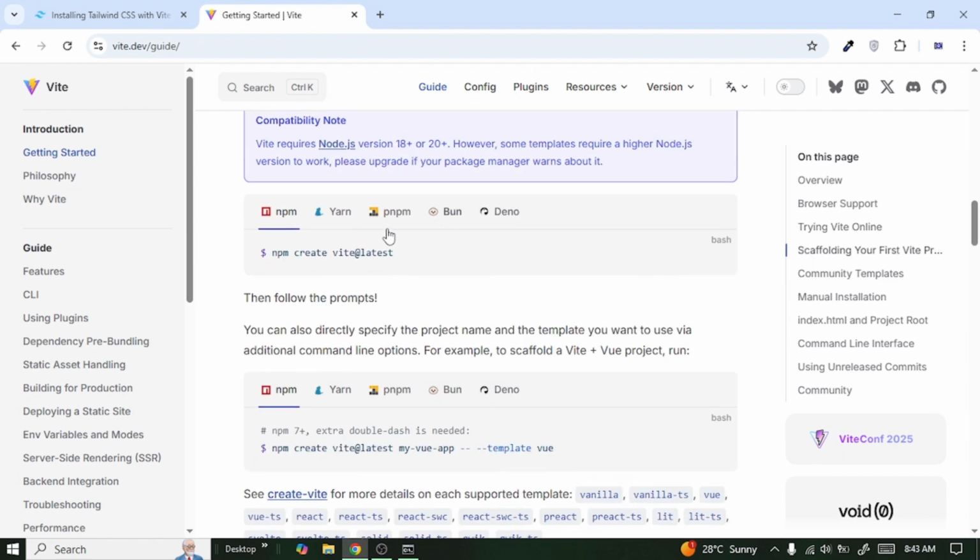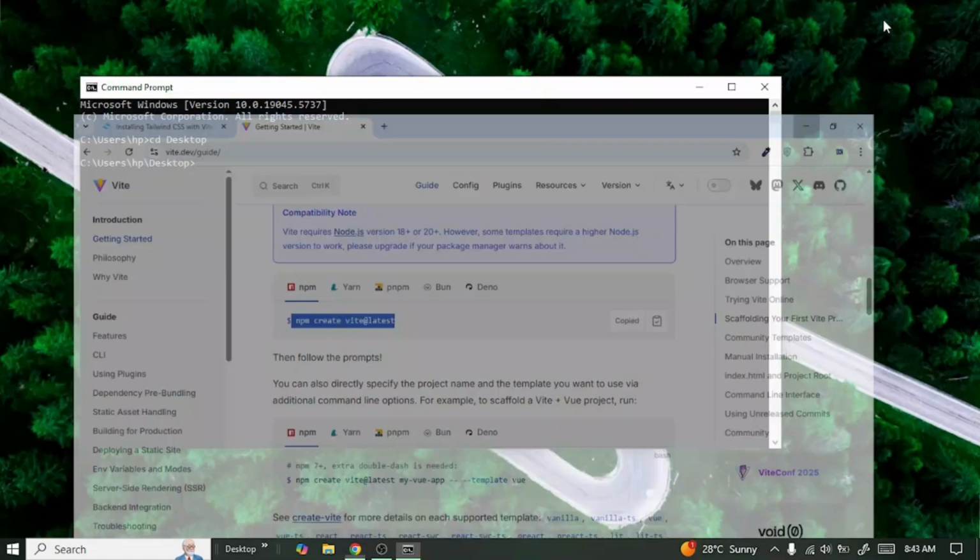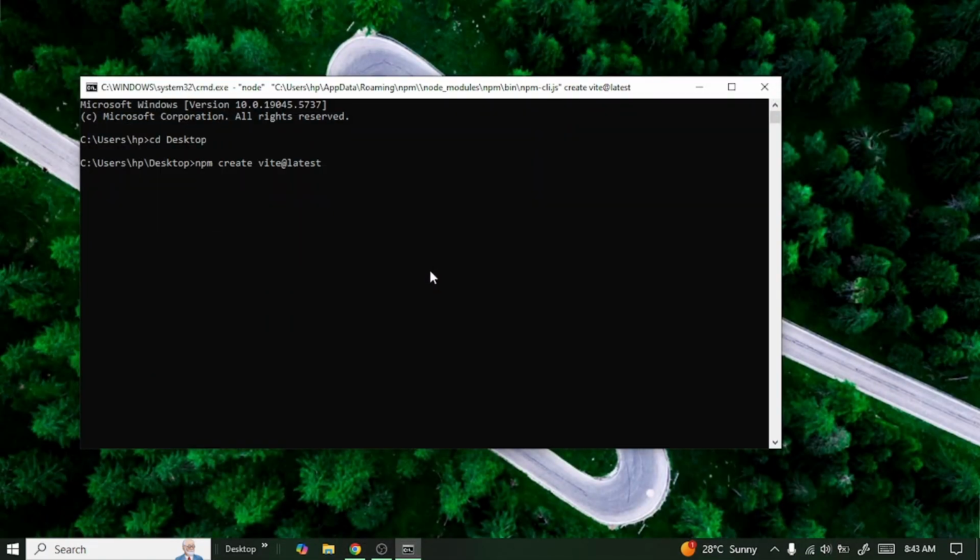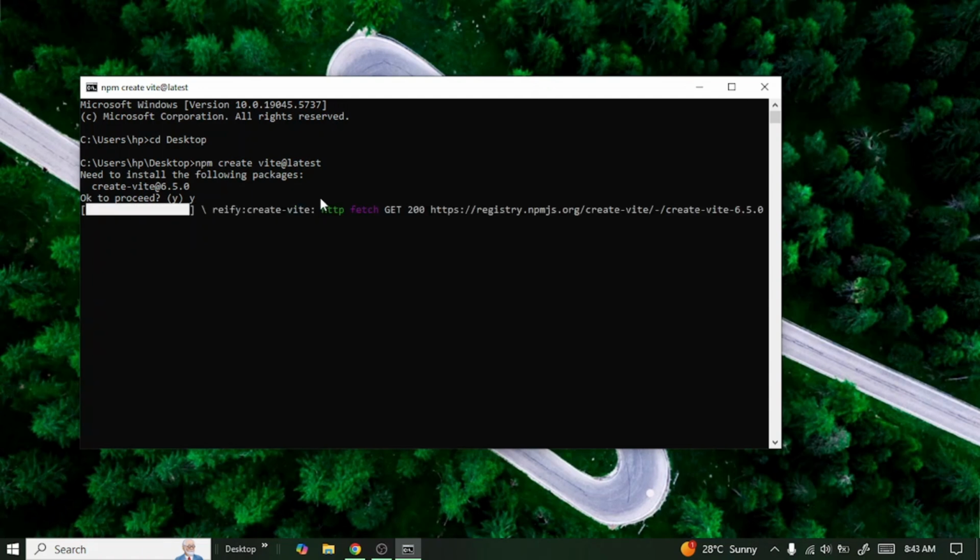Okay. And then here I'm going to copy this, which is npm install Vite at latest, right? And then paste it here. So this command is supposed to create our Vite or our React application for us. Alright, so it asks us, and then we are just going to type yes to proceed. Now it's going to ask us the name, so you can type in your project name or just go with the default. So I'm just going to say setup